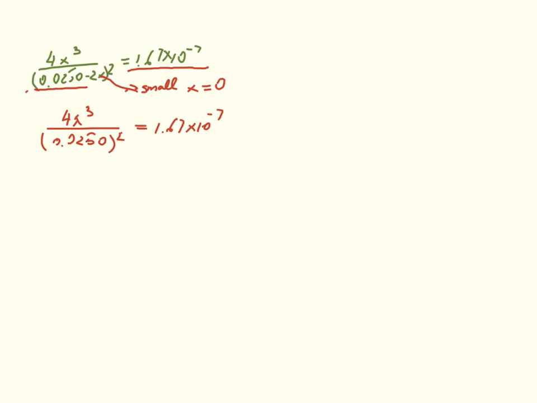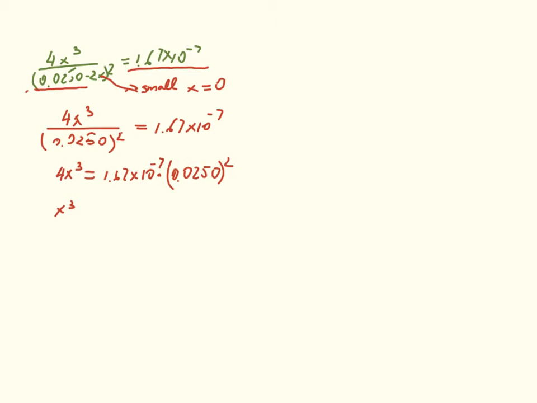Now this equation is much easier than the previous one. Now we can solve it. Okay, let us do some simplification. 4x cubed equals 1.67 times 10 to the power negative 7 times 0.0250 squared,